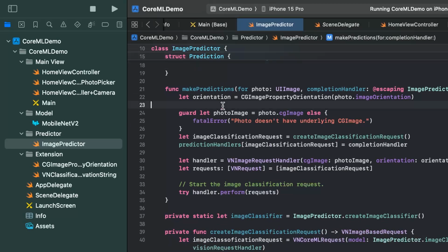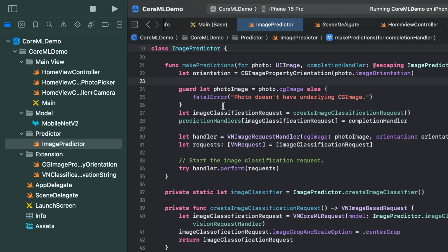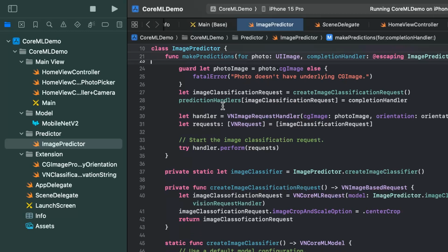The make prediction function here is the beginning of the analysis part of the image. The function takes in an image and converts it to a format that is understood by machine learning models, and then it passes that image to the actual model that we are using here.